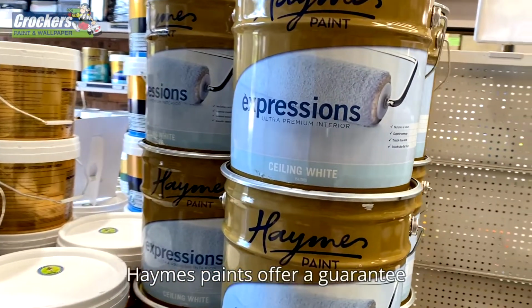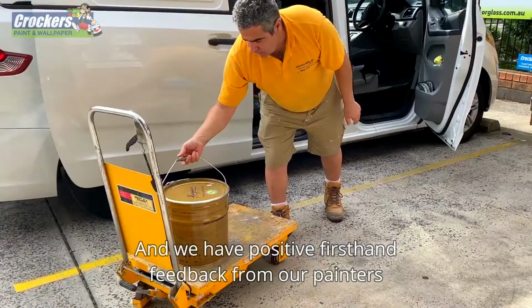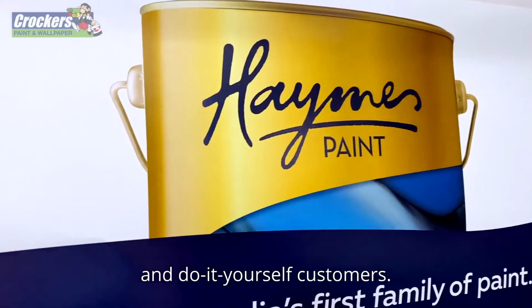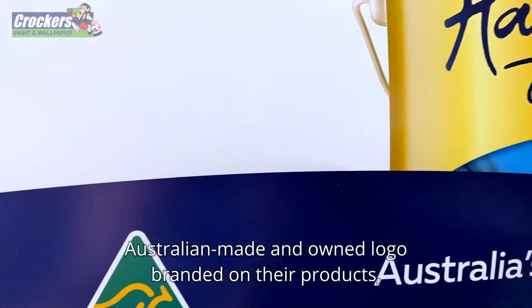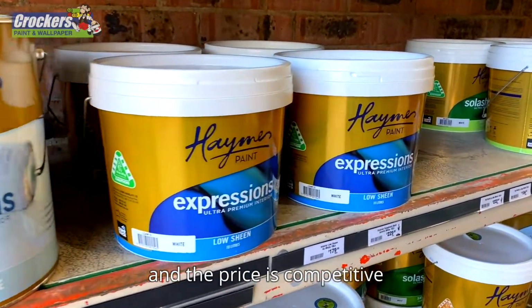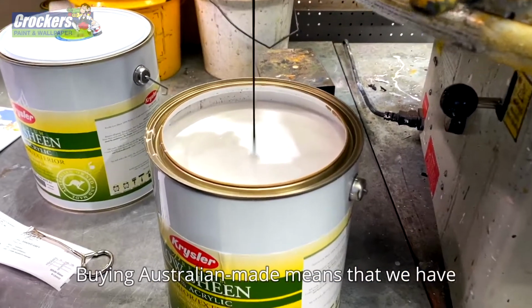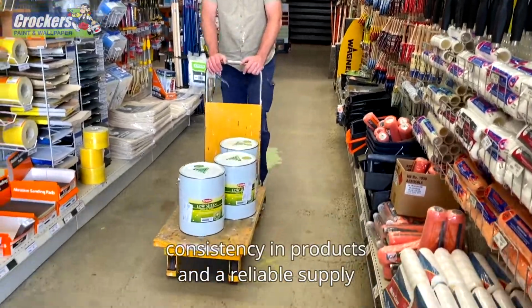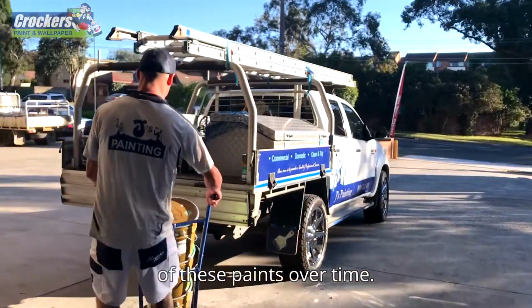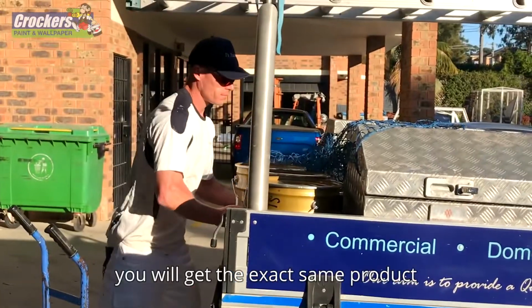Haymes Paints offer a guarantee so you can trust their performance over time, and we have positive first-hand feedback from our painters and do-it-yourself customers. Haymes Paints have the official Australian-made and owned logo branded on their products, and the price is competitive with the known international brands. Buying Australian made means that we have consistency in products and a reliable supply of these paints over time. So when you come back next time, the chances are you will get the exact same product that